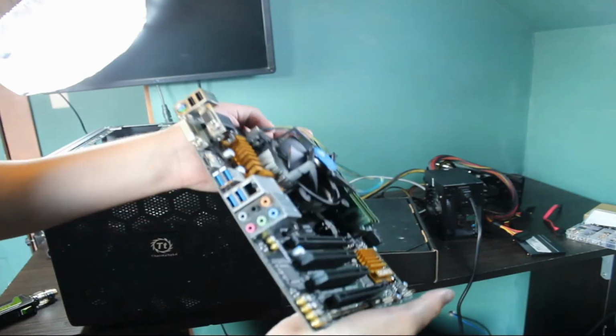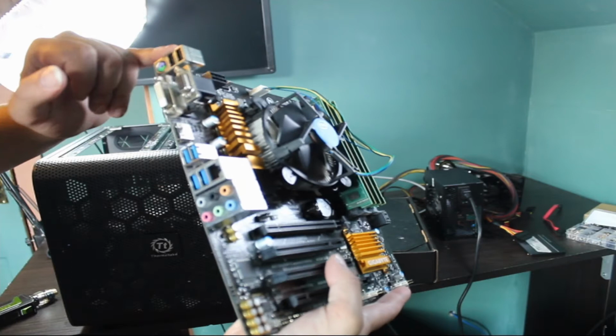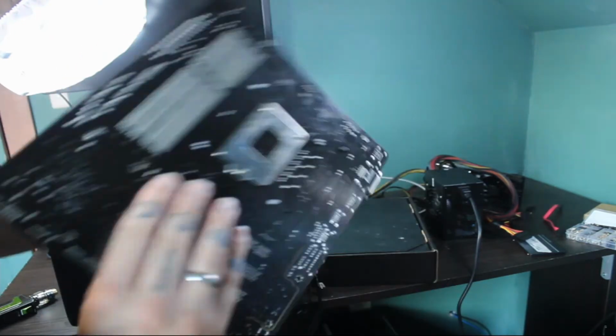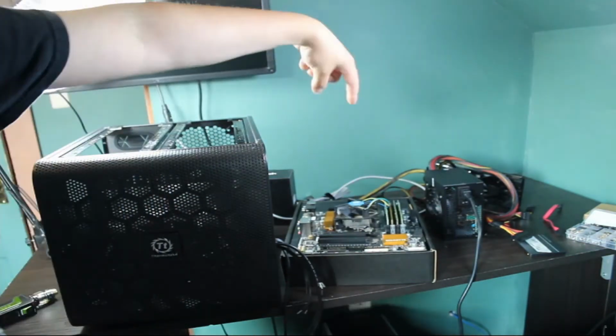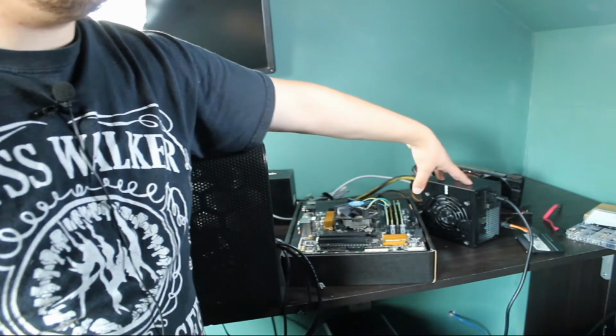4 USB 3 on the back. It's got PS2, 2 USB 2, VGA, DVI, HDMI. It's not a bad little board, but we're pairing that with another, like last video, 600 watt, 80 plus white EVGA power supply,